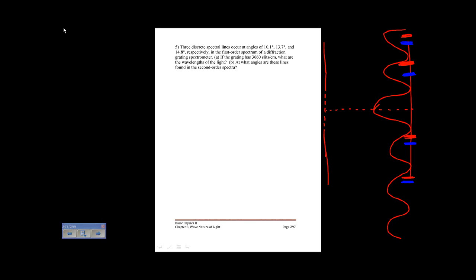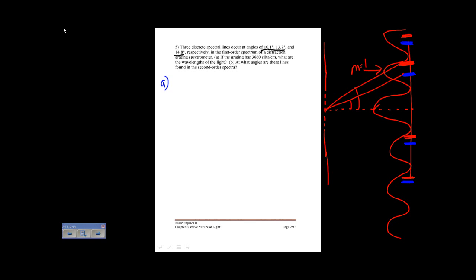blue, and blue. Now what this is saying is that these spectral lines occurred in the first order. So those spectral lines occurred here. So they had angles of 10.1, 13.7. Their angles were measured like that, but they were still m equal 1. So they all three occurred in the first order spectrum, but because they were different wavelengths, they were bent at different angles. Okay, so in part A,